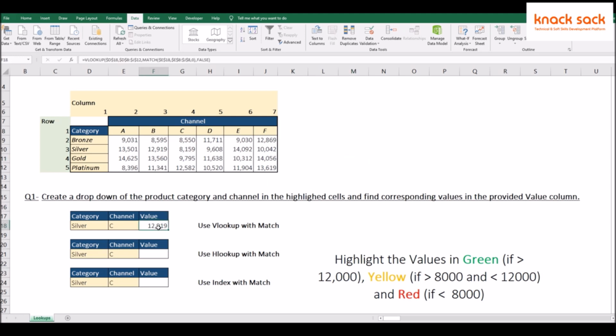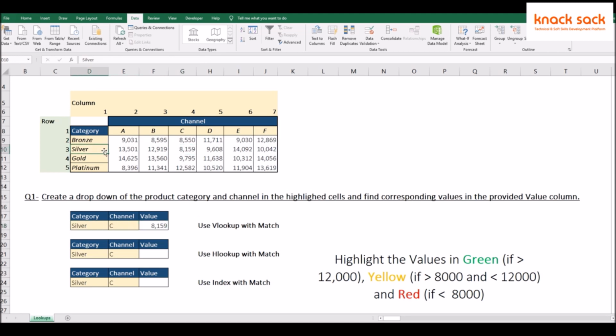To rectify this, we will go to match and instead of E to J, we will give D to J. Now it is fine. For channel C and category silver, we have 8159.